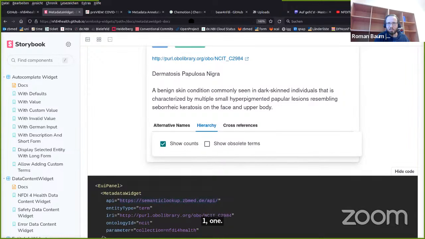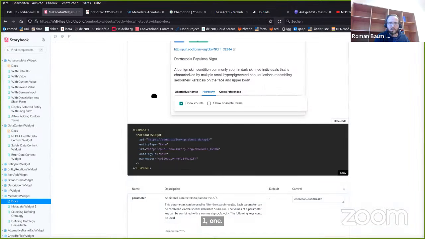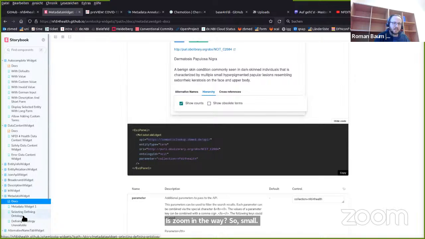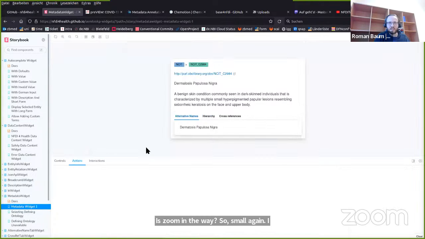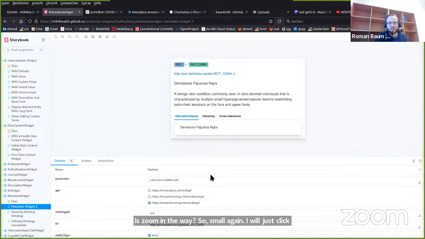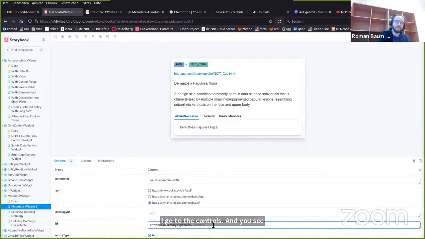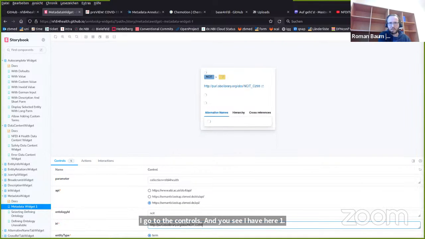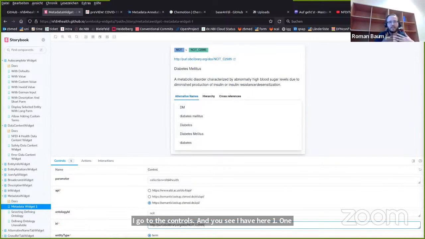Is zoom in the way? So that's small again. I will just click here. That is the same widget as we saw before. I go to the controls, and you see I have here one metadata of a specific concept, and I could just change that by changing 2984 to 2985.